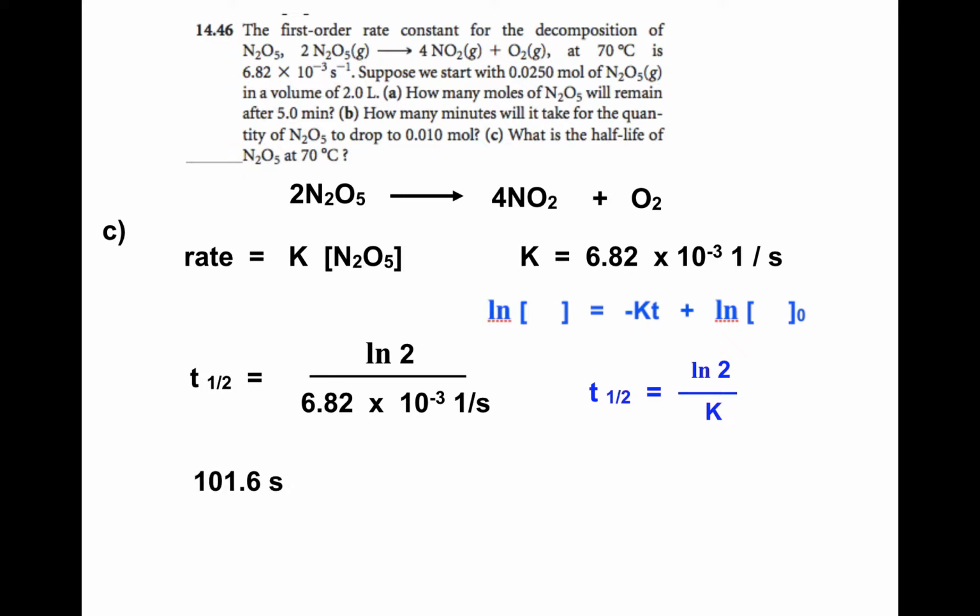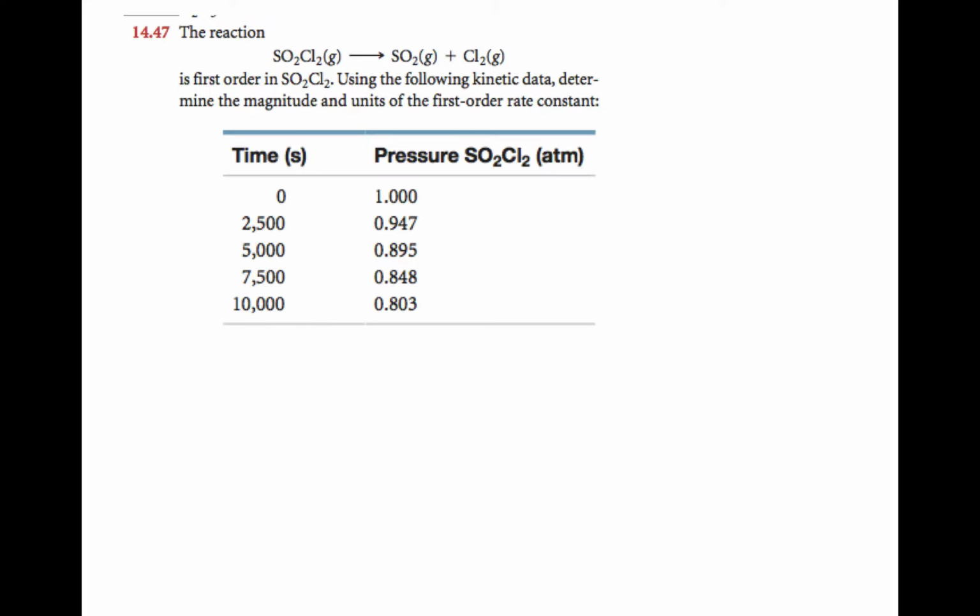So if I want to have half my concentration, I'd have to let 101.6 seconds go by, or 1.69 minutes. All right, the reaction of SO2Cl2 forming sulfur dioxide and chlorine is first order with respect to